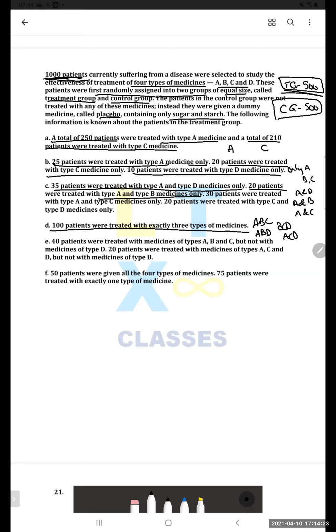And is there anything possible? Anything else? Any other combination possible, guys? No, sir. Okay, so we know 3 types of medicines were given to 100 patients. Okay, so ఇప్పుడు మనం